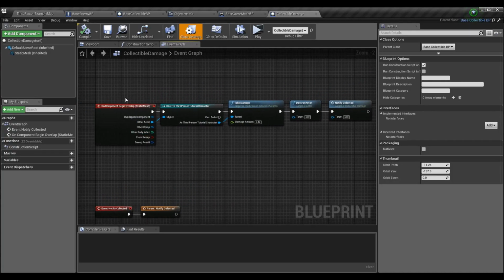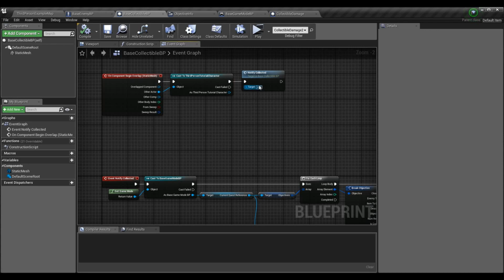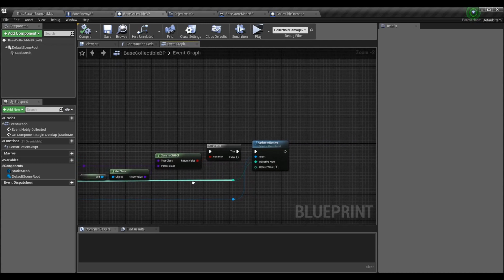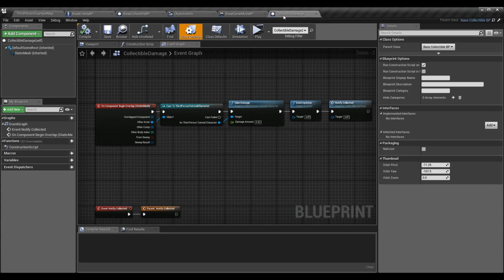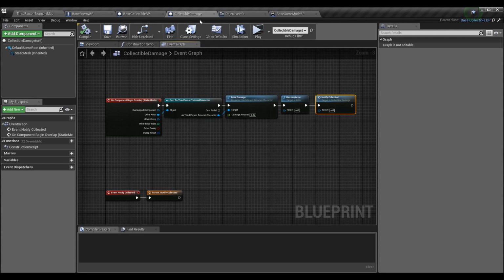So you can see here, this is the base collectible BP. I have begin overlap, and if I overlap with the character that I'm looking for, I call notify collected. And then this is, again, the exact same logic as we had in the enemy. I just changed the item to collect to be class is child of. So this is simple enough. A little bit of a snag here is that because the overlap is a little bit different, it's not always going to be on the same static mesh component. You do have to do on component begin overlap every time, perform your logic, and call notify collected for each collectible you have. So I've done this for damage,